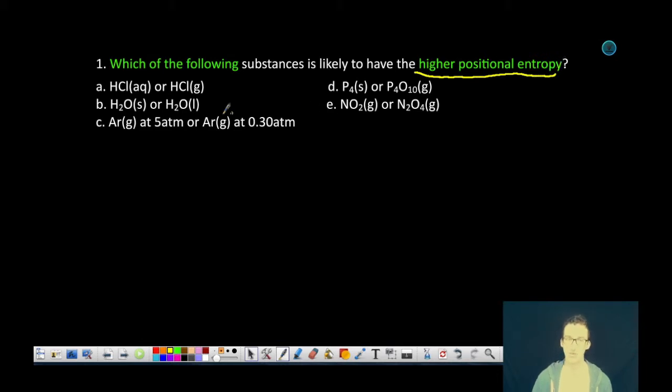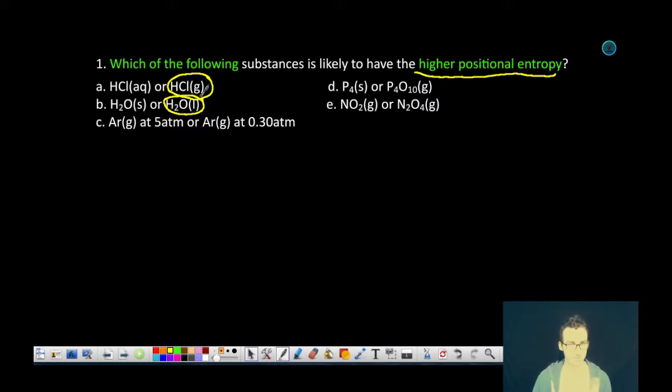will. As you look at the first example, you've got hydrochloric acid in an aqueous state or hydrogen chloride gas. Which of these two is going to have greater entropy or more disorder? Gases always will be more disordered than your liquids, your aqueous phases, or your solids. So gases, more entropy here. As you look at the second example, we're comparing solid water to liquid water. Again, between the two phases, the liquid phase will have a greater amount of disorder or disorganization than the solid